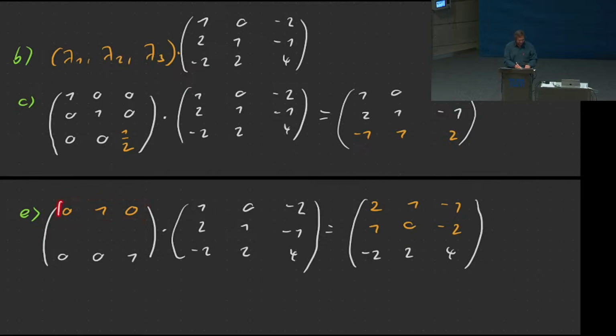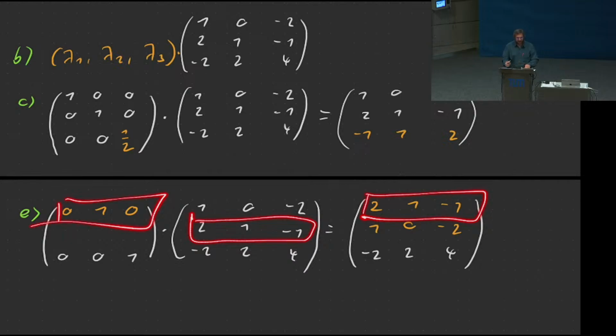And what does this first row do? If I multiply that by one of the columns, this one entry hits the middle entry of the column, the second row, and all the others will be 0. So what I get is this 2 entry. For the second column, I get this 1 entry, and for the third column, I get this -1 entry. So I get exactly this second row, but I get it here, because I put that in the first row on the left-hand side.